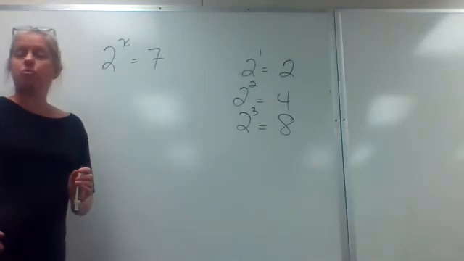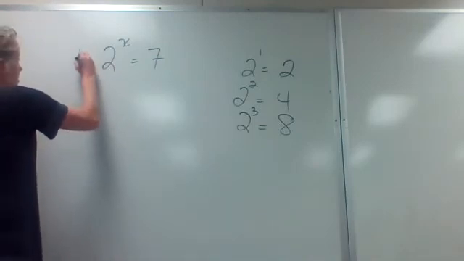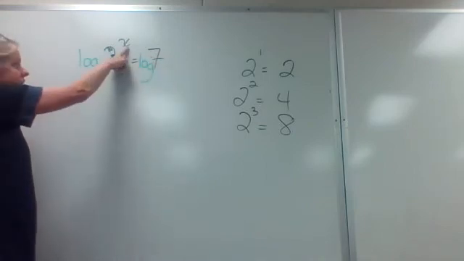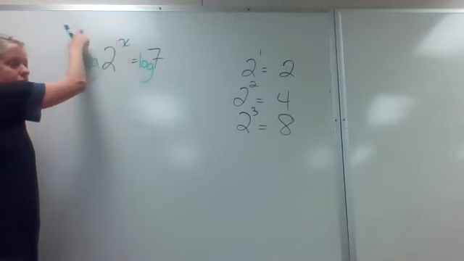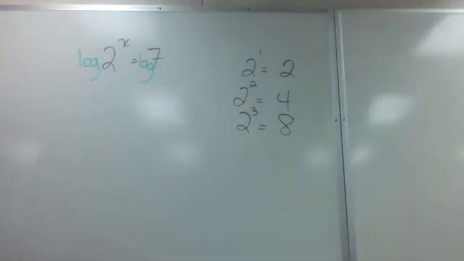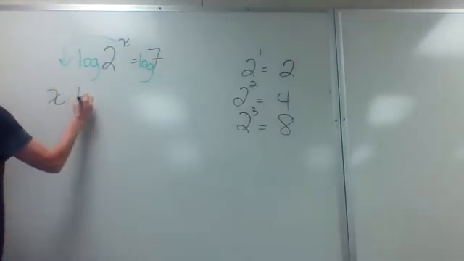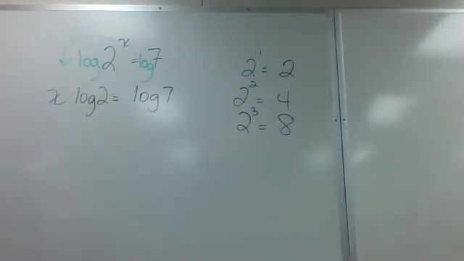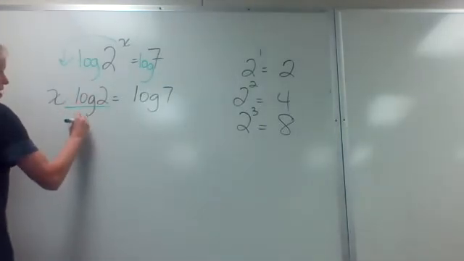So we're going to use that rule of logs that says if you have a logarithm that has an exponent, you can rewrite it as that exponent times the log. So I'm just going to log both sides, right? Because whatever you do to one side, you have to do to the other. So now this will come down. So I have x times log 2 equals log 7. So now to get the x by itself, I just need to divide by log 2